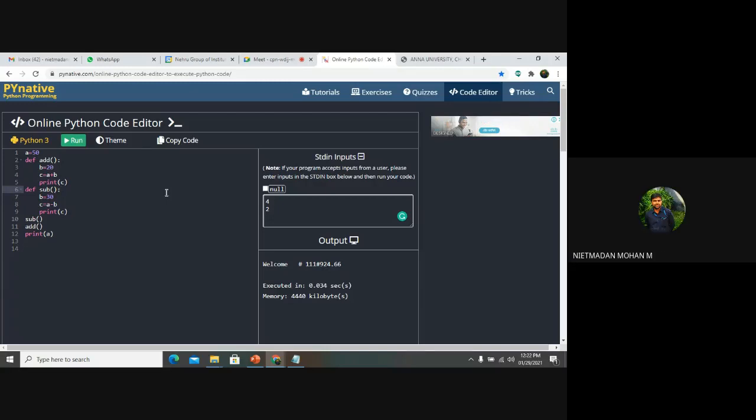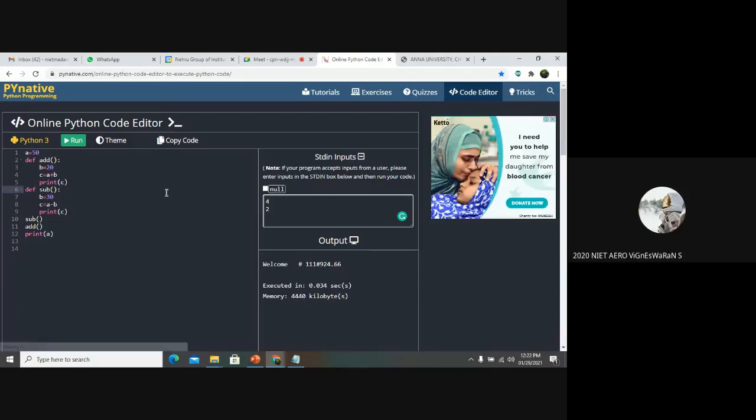No. Line 2. Yes. Sir, 10th line. Yes. So why it means? Sir, because the 10th line is the main function called from the sub function, sir.